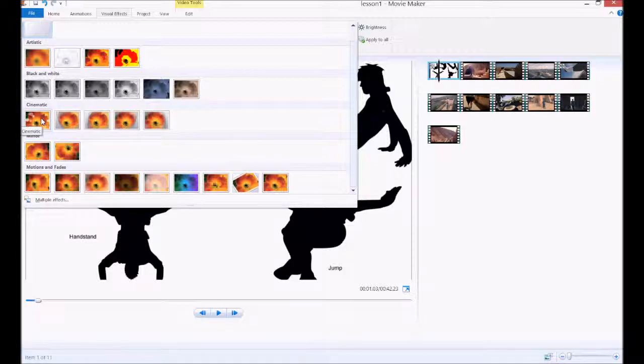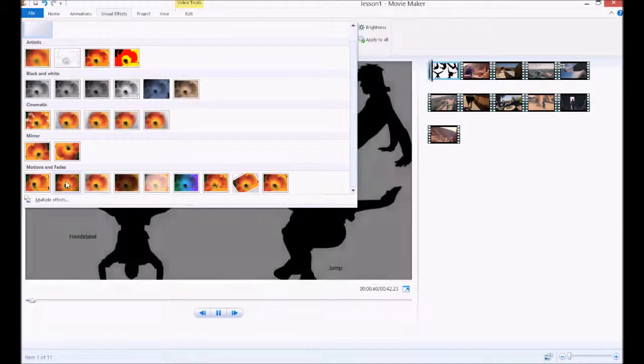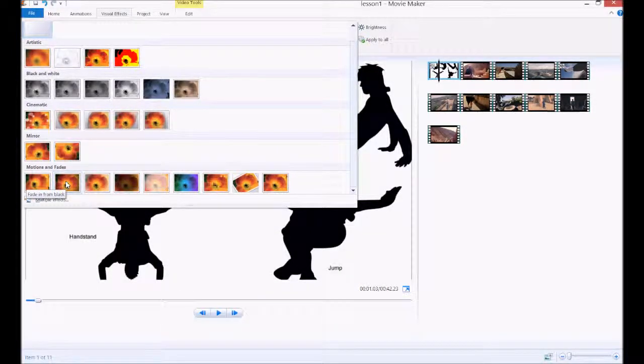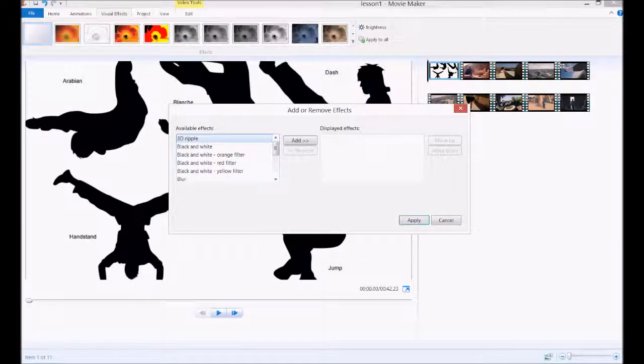Most of them don't look so great, but for what we're doing, all we really want is a fade in from black. Okay, which is this one here, fade in from black. Now you notice this multiple effects option down here. This is what you do if you want to add more than one effect. Alright, so I'm just showing you this so you can see, but just say I wanted to have a fade in from black, and I also wanted this to be